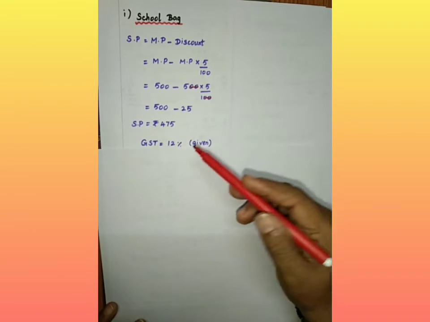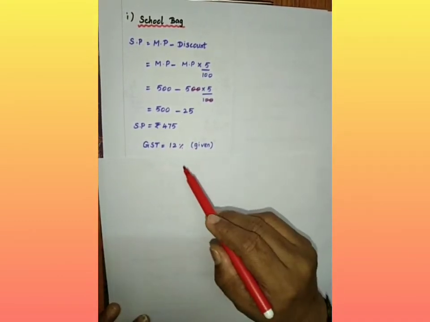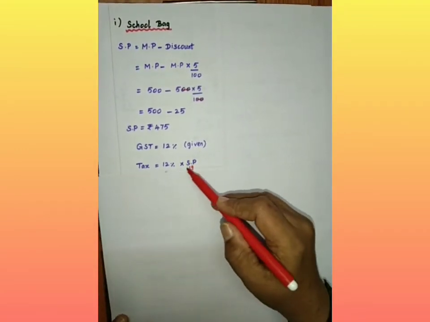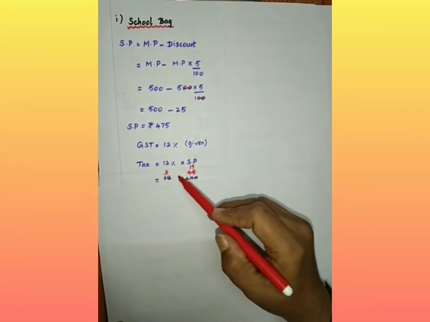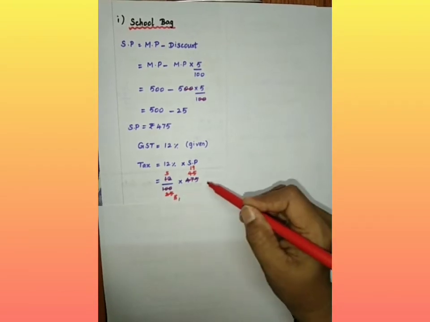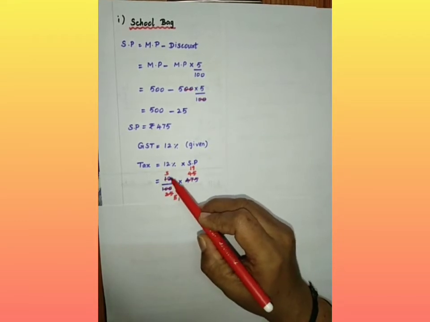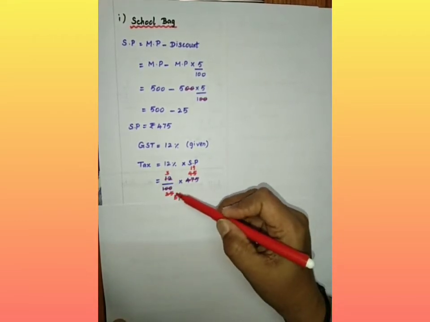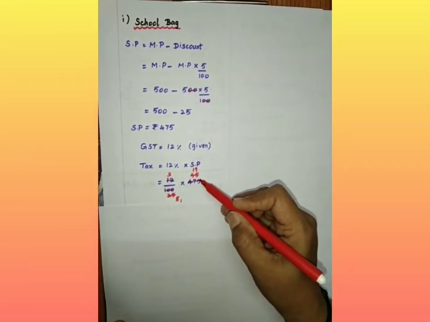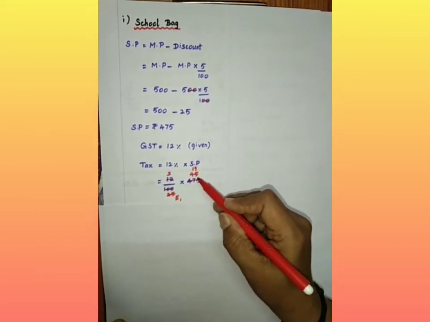Now we are going to find the tax value. Tax is given as 12%, so a percentage is given. We are going to find the amount of tax. So tax is equal to 12% of SP. 12% of SP, which we have found as 475. So 12 by 100 into 475. Then we cancel by the fourth table. 3 4s are 12 and 25 4s are 100. Then 5 5s are 25. 95 5s are 475. Then 5 1s are 5 and 19 5s are 95.